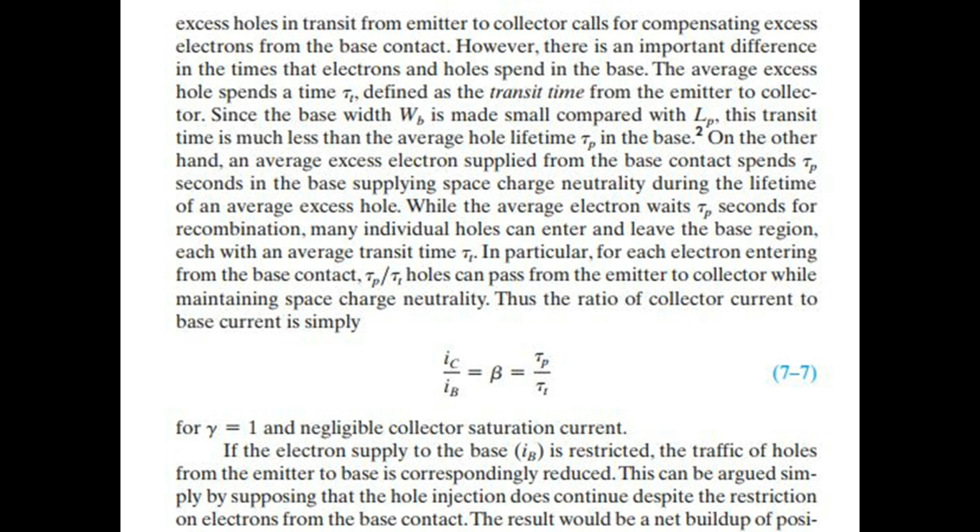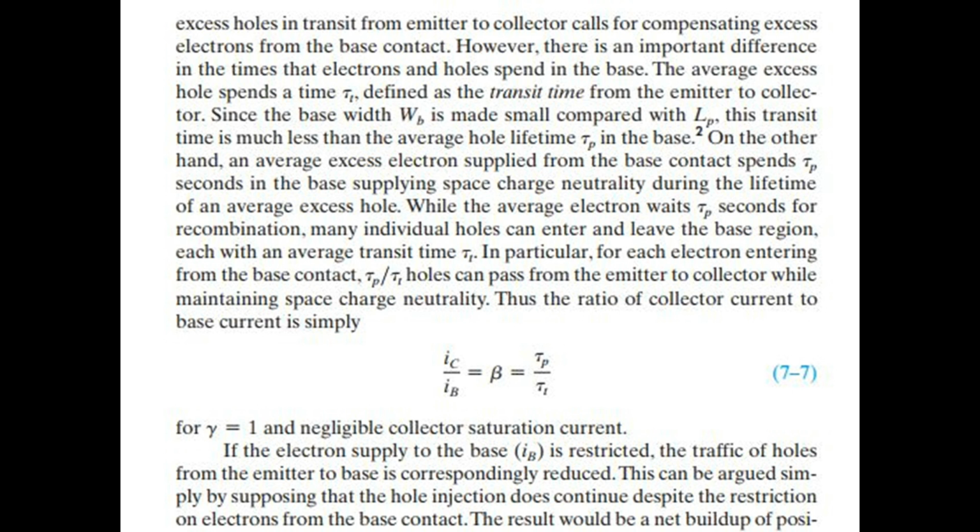While the average electron waits Tp seconds for recombination, many individual holes can enter and leave the base region, each with an average transit time Tt. In particular, for each electron entering from the base contact, Tp/Tt holes can pass from the emitter to collector while maintaining space charge neutrality. Thus the ratio of collector current to base current is simply, for G=1 and negligible collector saturation current: